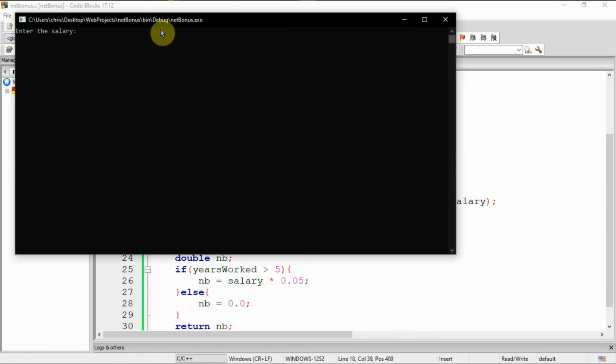So we are requested to enter the salary. Let me say the salary is 3,567, and the number of years worked, I've worked for 8 years. And from here we can see the net bonus is 178.35. The net salary is